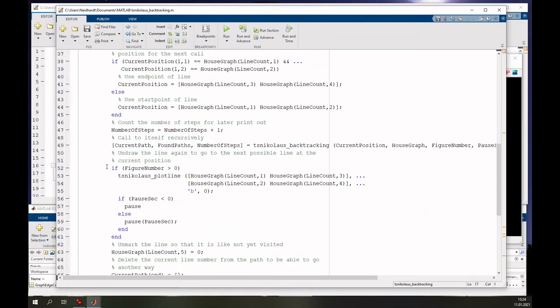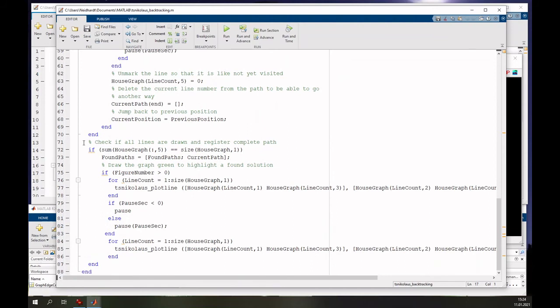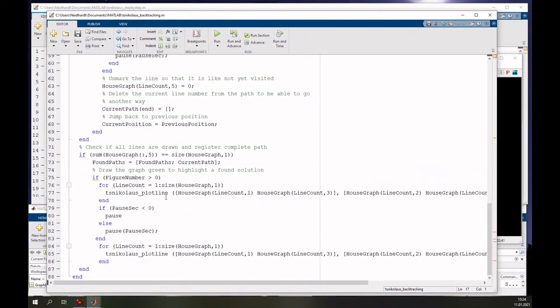So I will end up here, and then at the end of the for loop I will do exactly what I told you. I will remember the found path if all of the lines are marked. So if all of the lines have an identifier here that they were visited, then only if this happens, in this case, if the sum of the